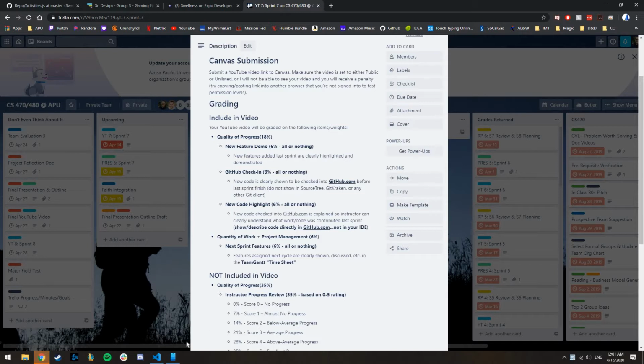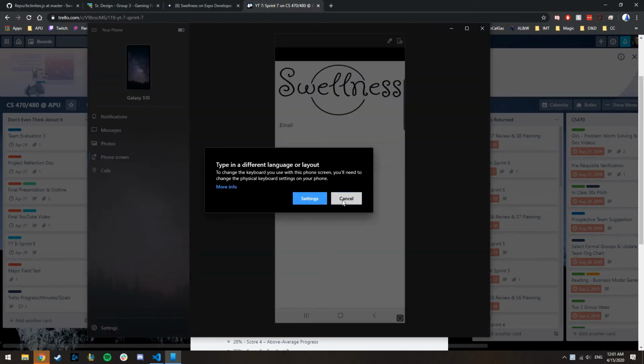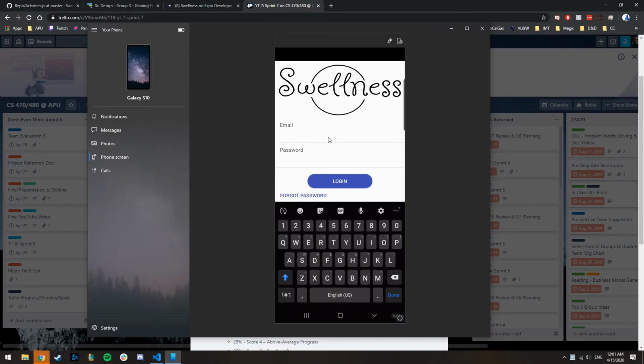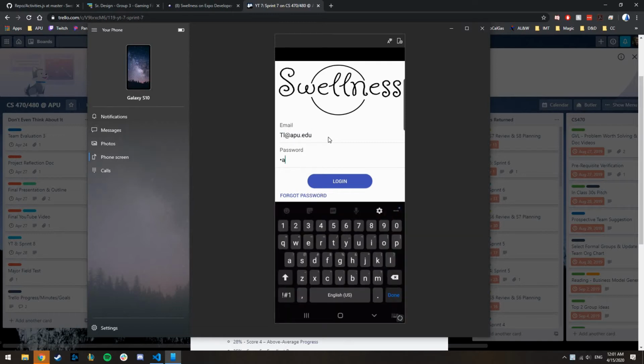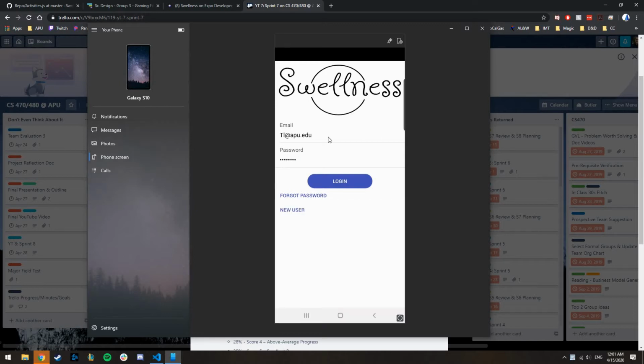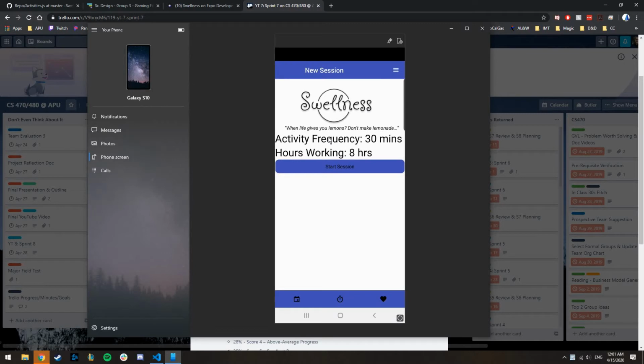So let's jump right into the demo. Same old. Login works. We got a nice little password field now. So my